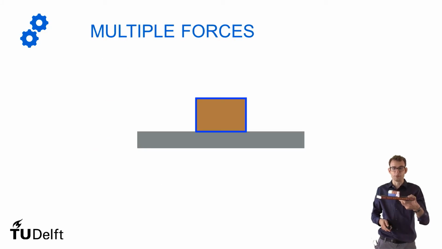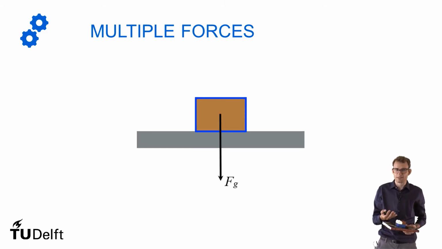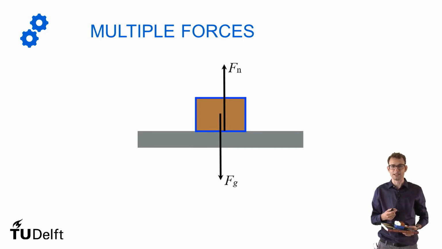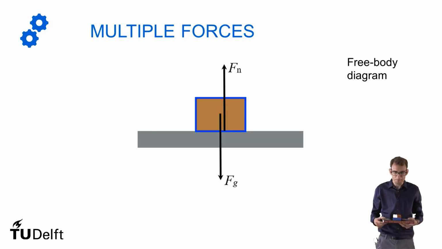So we can draw this in a cartoon of the book and the block, or anything. On the block there's a force of gravity pointing down, and there's the force of the book, or the table, or whatever it's resting on, pointing up. This reaction force from the table or any object that's supporting you is known as the normal force. And it's called normal because it's always normal to the surface, meaning perpendicular to the surface from which it's acting.